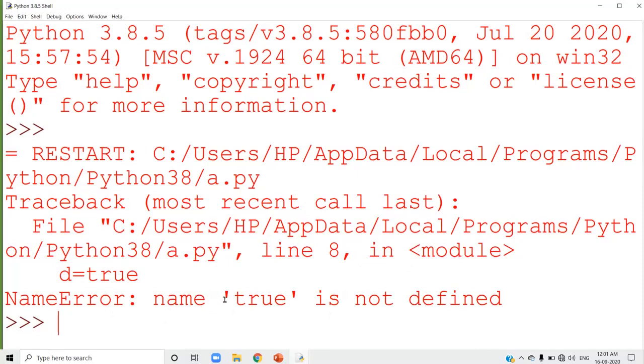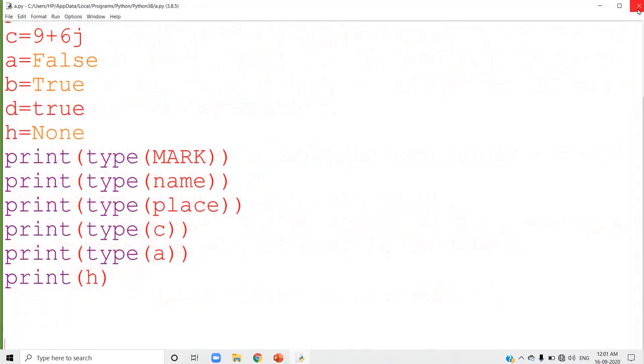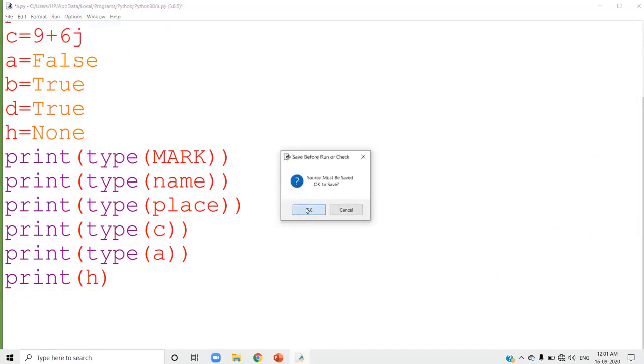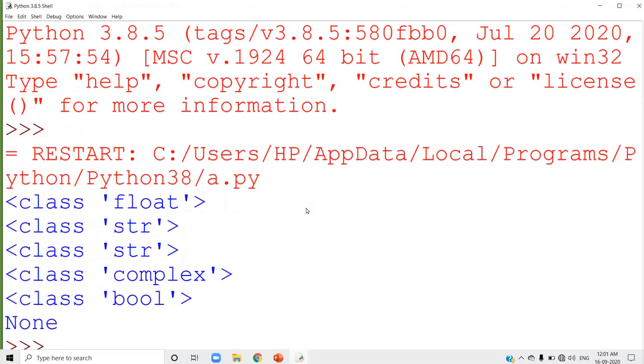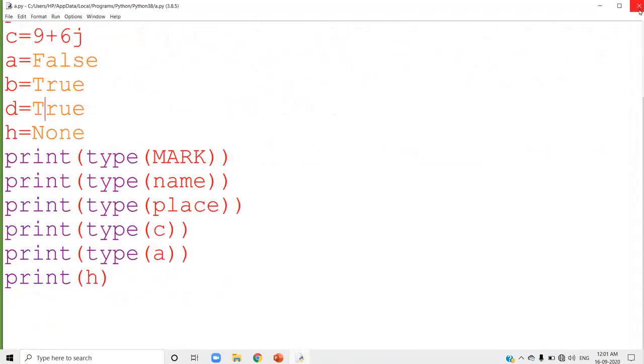See, this is the error in the previous case: name true is not defined, because I told you true is a keyword, it must be in capital letter. Now run this program. I want to see that None. Print H means the last value, that is None, is displayed there. So H contains no value, an empty value.